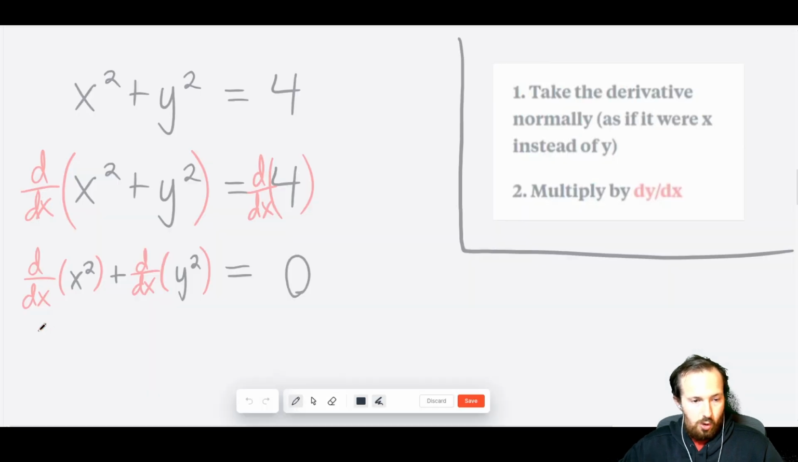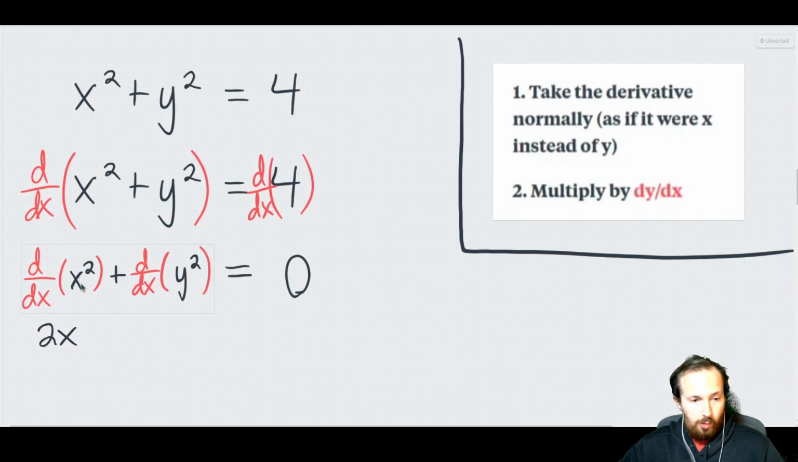So this would just be normal. This would just be 2x, the normal power rule. This is where we need the rules now. So if we have y squared, again, now we're trying to take the derivative with respect to x, but there's